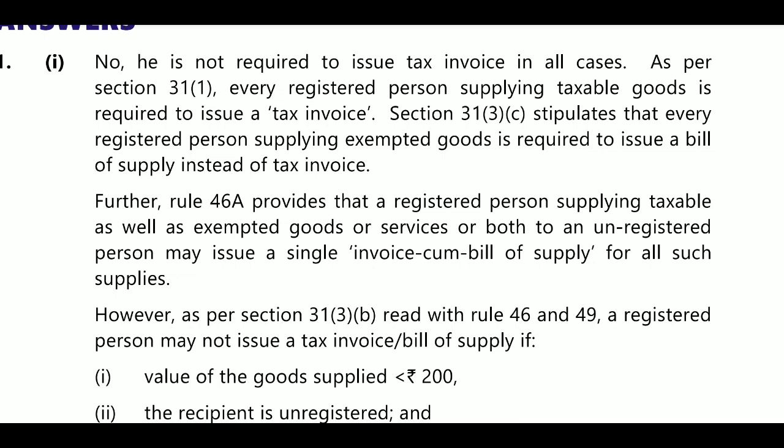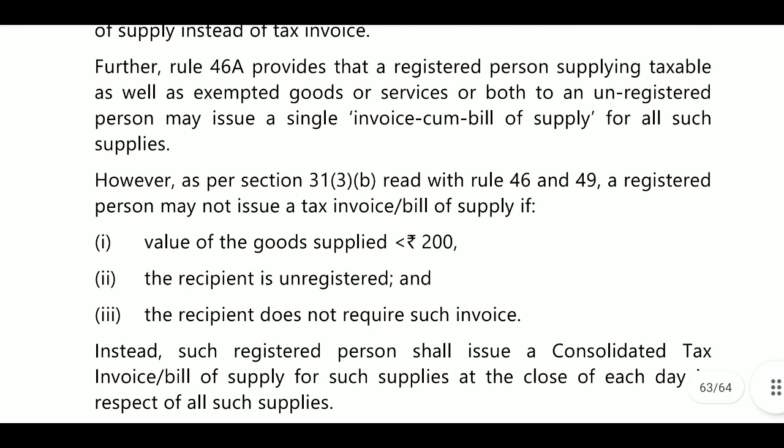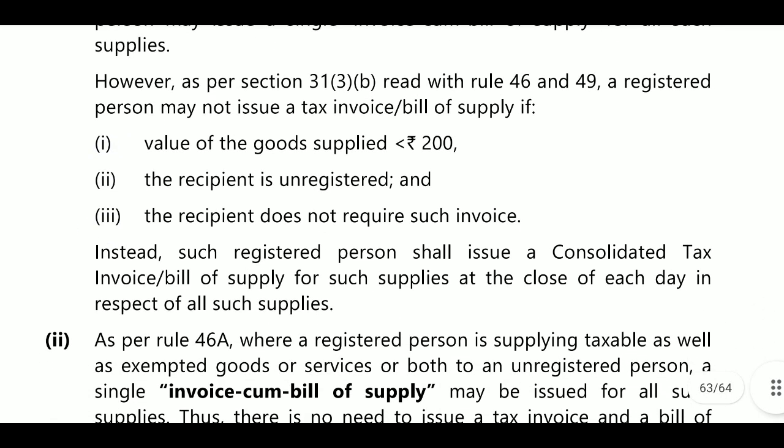Further, Rule 46A provides that a registered person supplying taxable as well as exempted goods or services, or both, to an unregistered person may issue a single invoice cum bill of supply for all supplies. It is not compulsion here, it is may issue. This is the provision. However, as per section 31(3)(b) read with the rules, a registered person may not issue a tax invoice